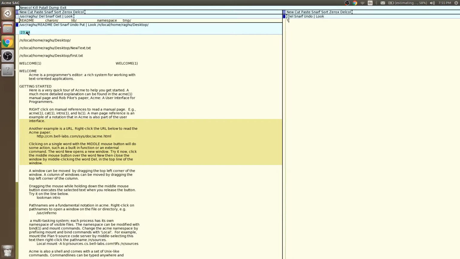Let's say if we want to highlight from the beginning to the 34th line, if we want to highlight the entire file, then colon and then comma. Let's say if we want to highlight from line number 23 to the end of file, colon 23 and then comma.